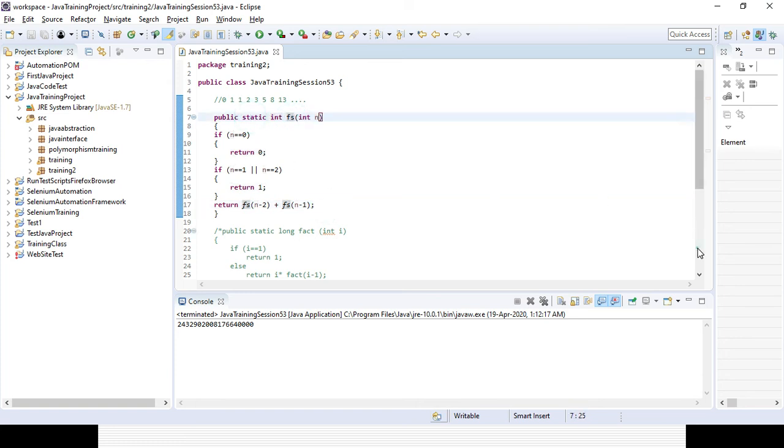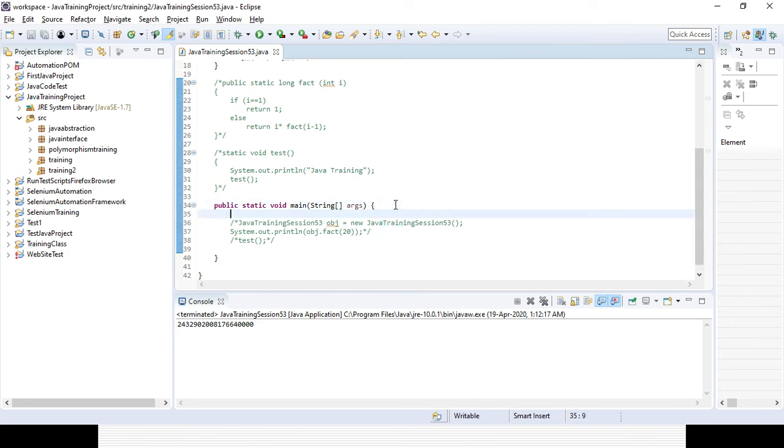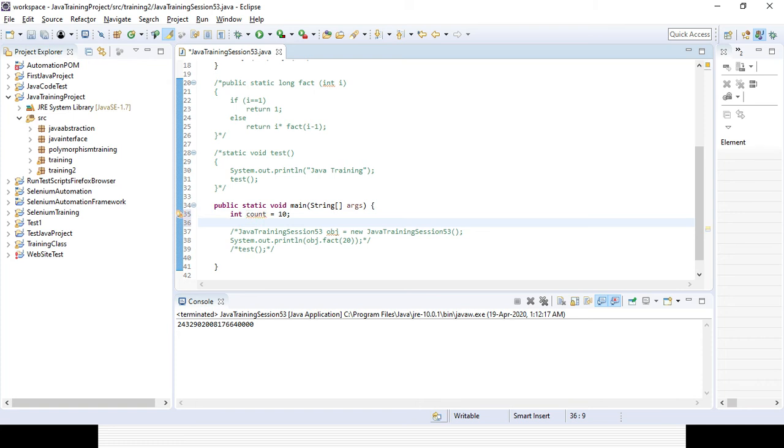Now in the main method, suppose I want to get 10 digits, so I need to define a counter here. Suppose count equal to 10. I will simply use a for loop, integer i equal to 0, i less than count, as I already defined the counter, and i plus plus.